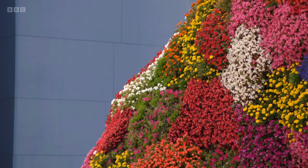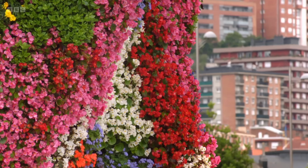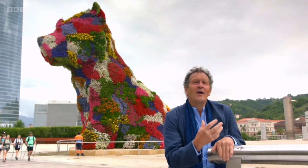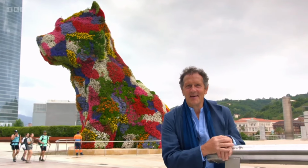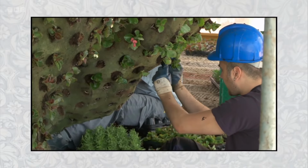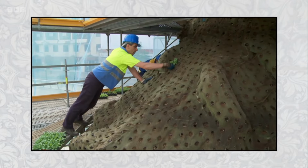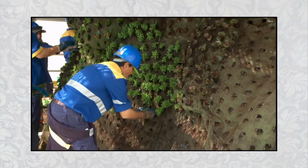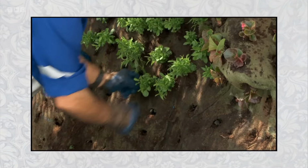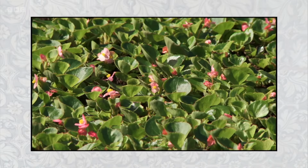And not just any old flowers, these are annuals, which means that they change from day to day, they have a very short lifespan. And that sort of ephemerality gives it life. Twice a year, in May and October, all the plants are removed and replaced with new ones with similar colors, but which are more suitable for that growing season. So pansies and violas feature strongly for autumn and winter, with petunias and